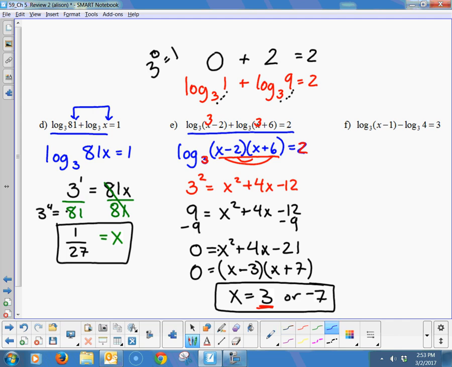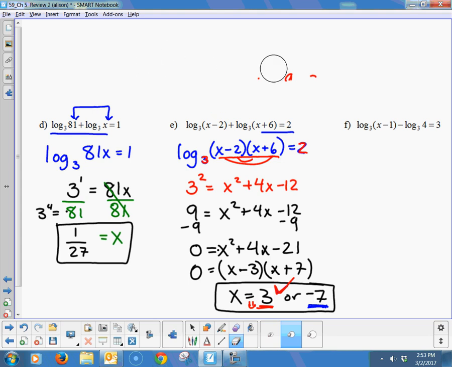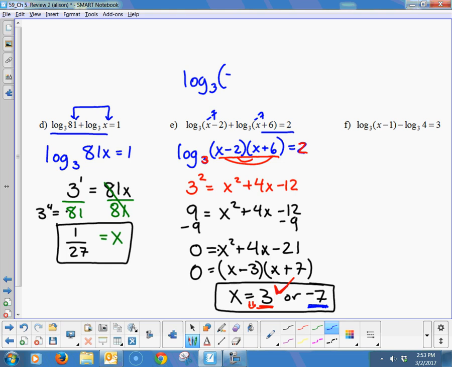Now, if I plug in 3, it checks out. We're happy with 3. I'll give it a red check, and we'll even give it a smiley face. If I do the same thing and plug in negative 7 for x, so negative 7 goes there and negative 7 goes there, what we have is log base 3 of negative 9 plus log base 3 of negative